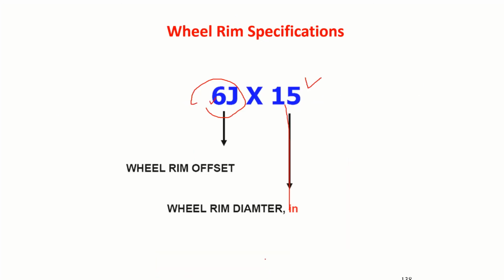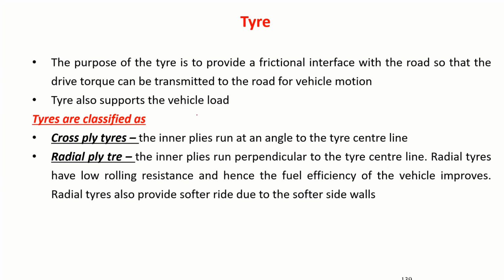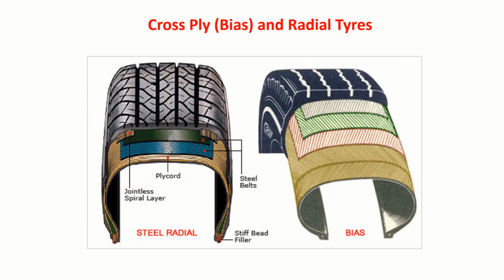Now the thing is, there are again different types of tires. We have cross ply tires and radial ply tires. You see here, now in the cross ply,